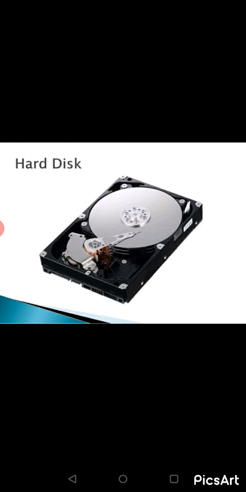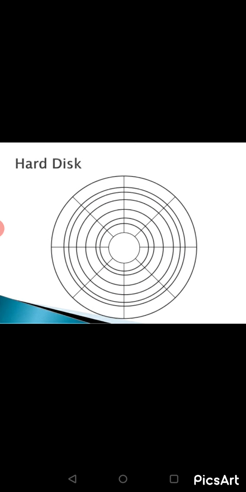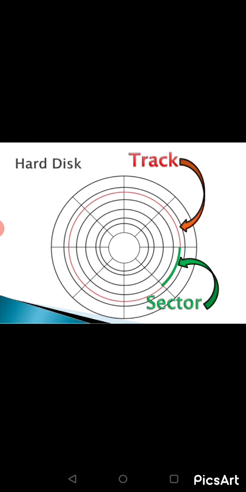It provides devices like a hard disk for storing our data. So this is a hard disk, you can see here, and a hard disk contains tracks, sectors and blocks. Your track is further divided into equal segments. In this diagram you can see this is a track, and a track is further divided into sectors of equal sizes. So your data will be stored in the format of track and sector.